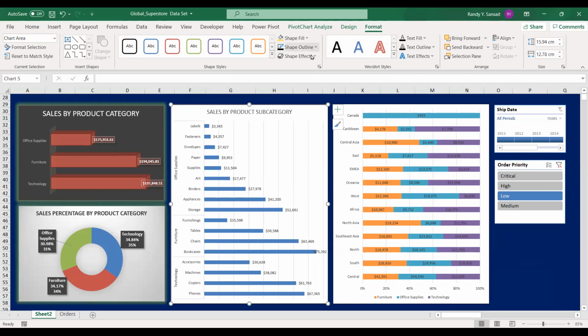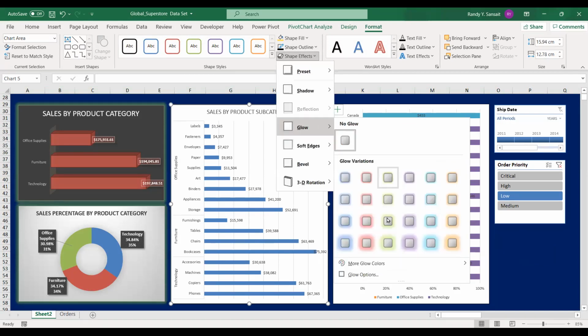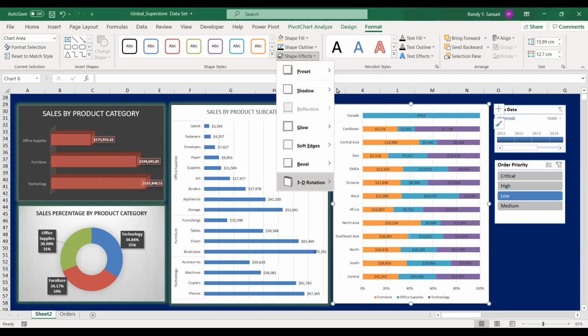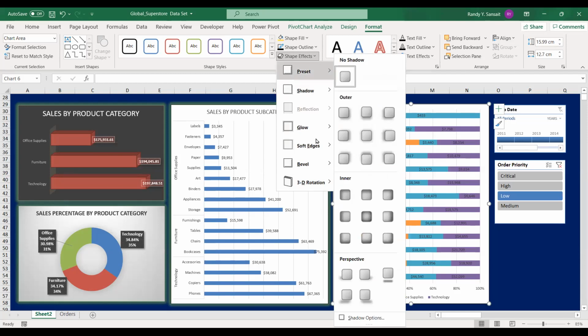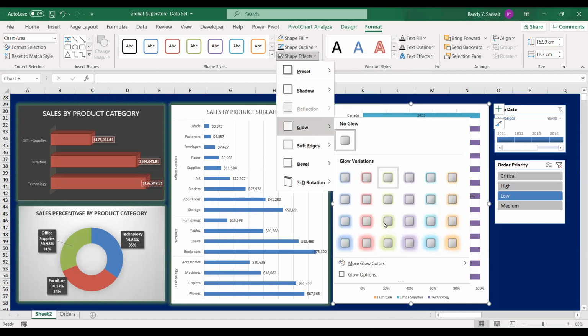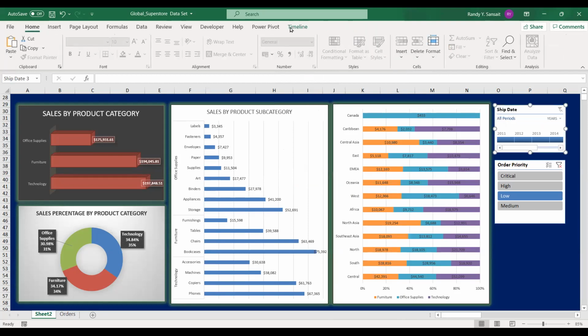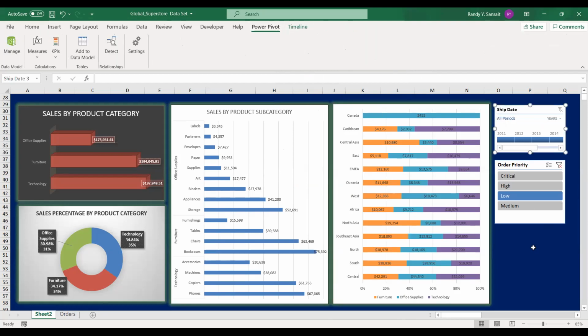Kung mas mahaba po sana yung time natin, mas marami po tayong magagawa. But, of course, pagkakasyahin po natin, kasi ayaw po natin sumobra tayo din sa oras. So, lalagyan ko din po ito ng glow. And if these are allowed, so mukhang hindi. So, yun lang po yung nilagyan natin. So, with this one, we are already,